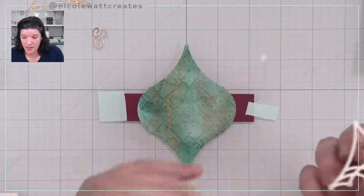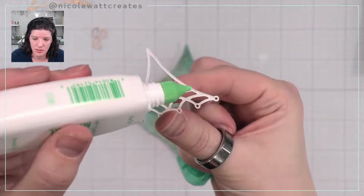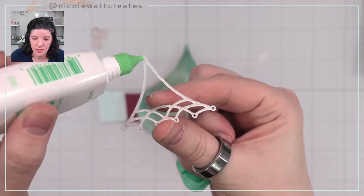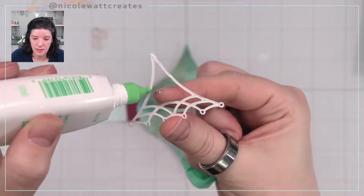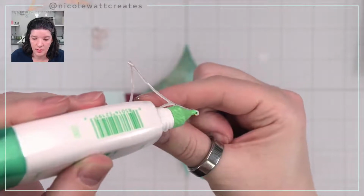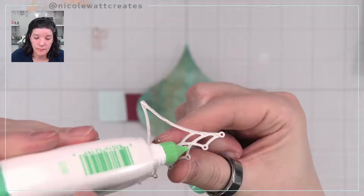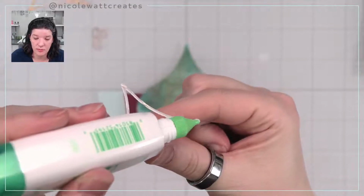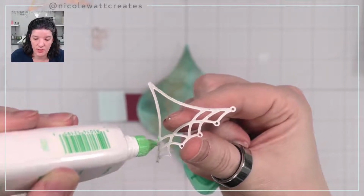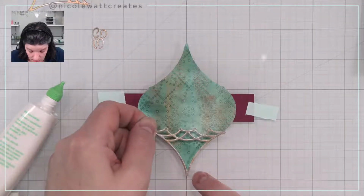All right, and for me, I'm going to continue using my Tombow Multi, and let me just get this to close up for you. And look, I just put little teeny tiny dots in strategic places. So I don't do the whole thing. And then without squeezing, of course, most of this I'm doing without squeezing anyway. Now I'm just going to kind of smear it across. So that way I don't get too much in any one place. All right. And that's going to go down